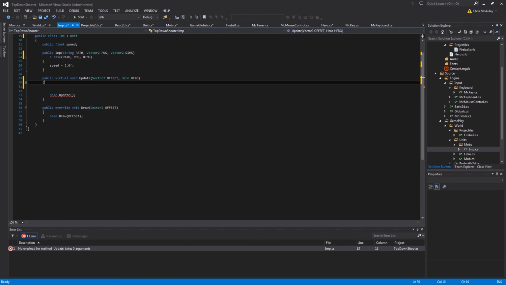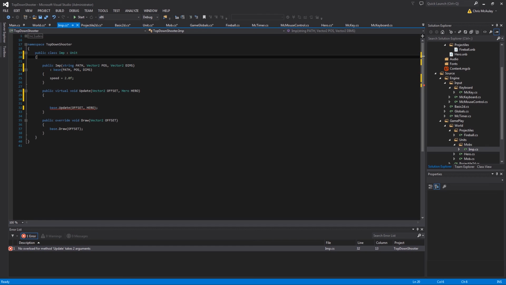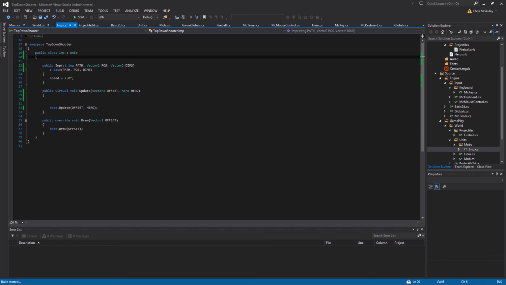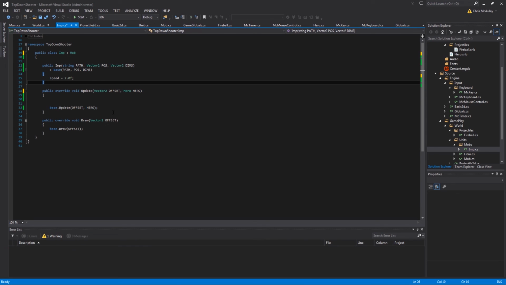So that, and then we need offset and hero here. And remove speed again. Okay. If you would have built your program before doing that copy paste, you wouldn't have had to do all that. But override. There we go. And this to mob. So that, there we go. Okay. So now we have